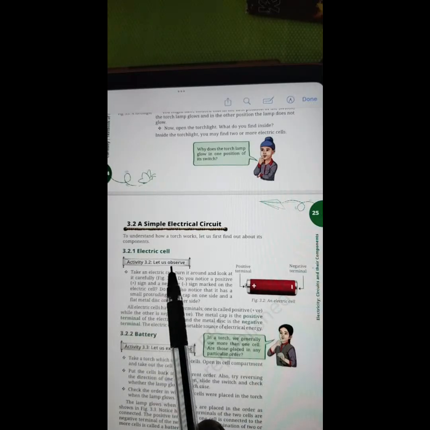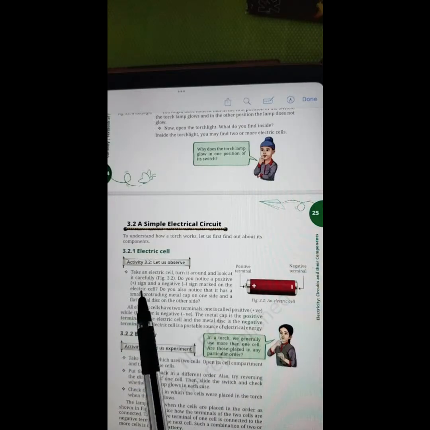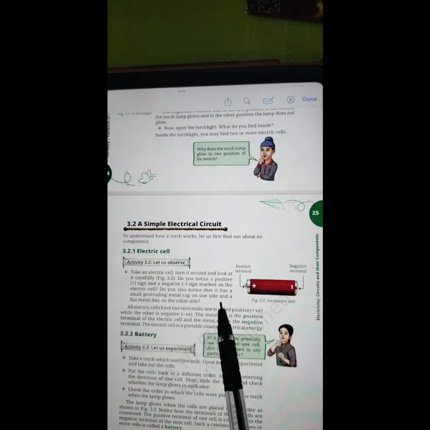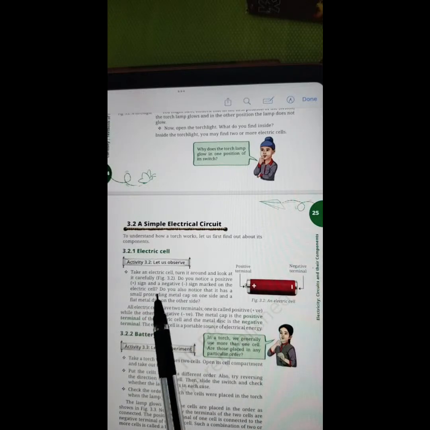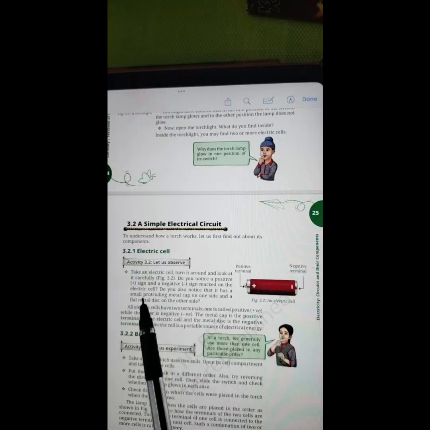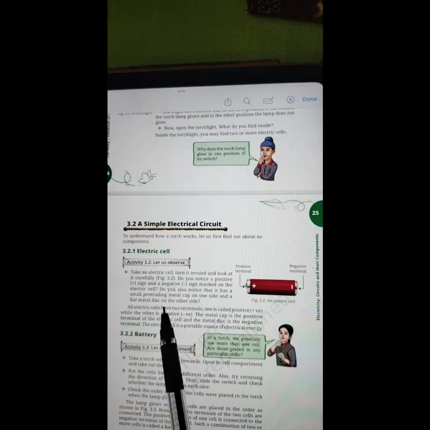3.2.1 Electric cell. Activity 3.2. Let us observe. Take an electric cell, turn it around and look at it carefully as shown to you in figure 3.2. Do you notice a positive plus sign and a negative minus sign marked on the electric cell? Do you also notice that it has a small protruding metal cap on one side and a flat metal disc